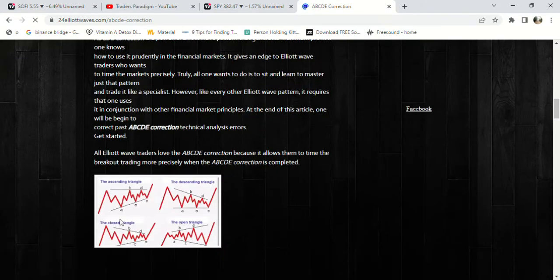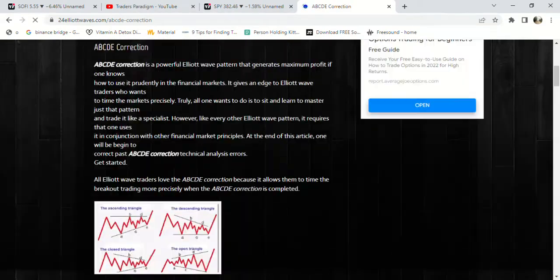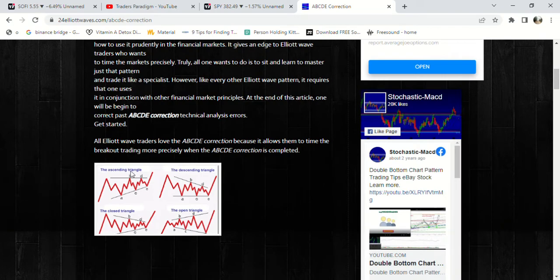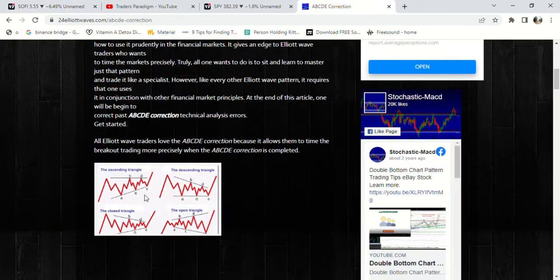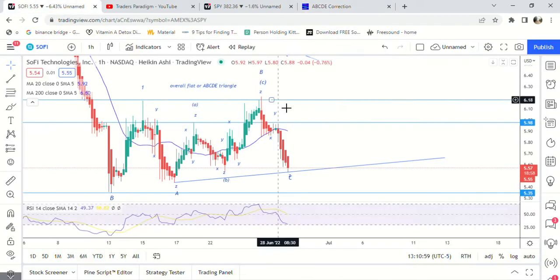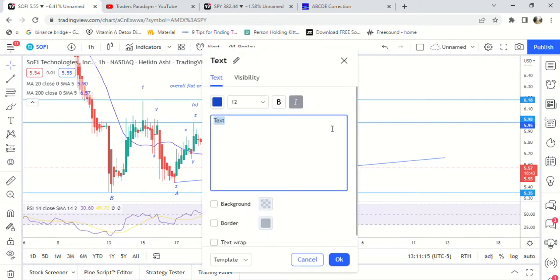I think we can go with either one of these. If you can see this, it might be kind of small on your screen, but either an ascending triangle or a closed triangle. So as you can see, we have A, B, C. C is above A, so we have it slanted upwards. And then D will either come even with B, so it'll come all the way up to here for the D move, or we'll just get a move up to somewhere in the middle, maybe around 595 again. So it looks something like this, either D here